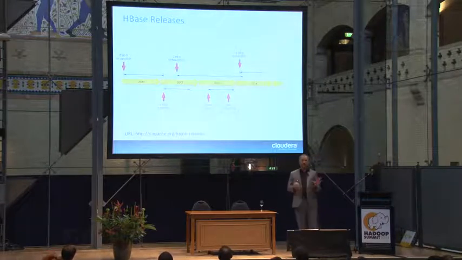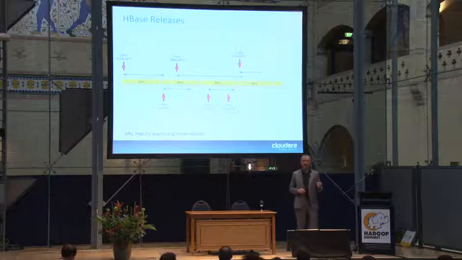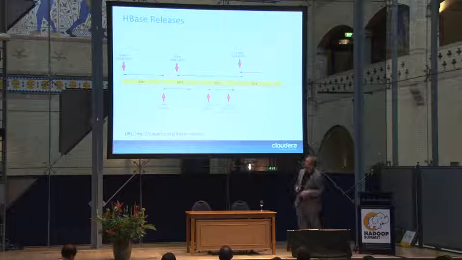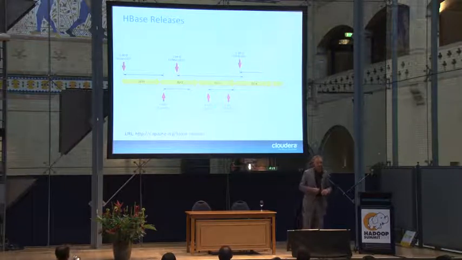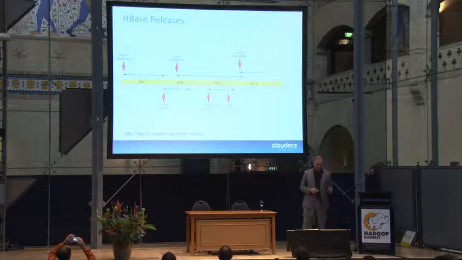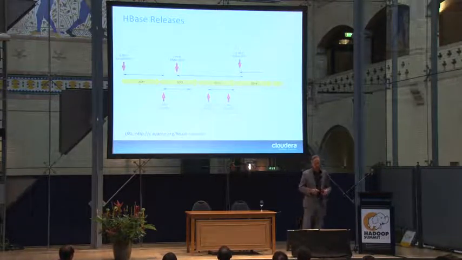So the first thing that I try to do is just give you an idea of how things sort of evolve in HBase, and I think it's quite interesting. Early on, if you look to the left, you will see there's HBase 90 that was released early 2011 and has been around for quite some time. So it took nearly a year for the release of 92.